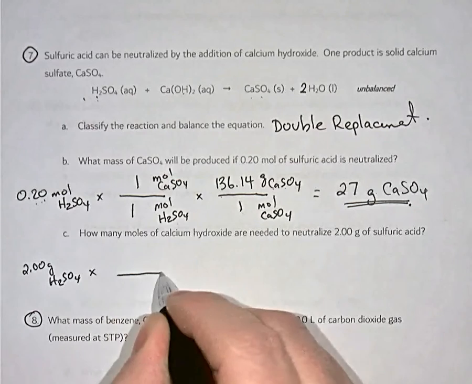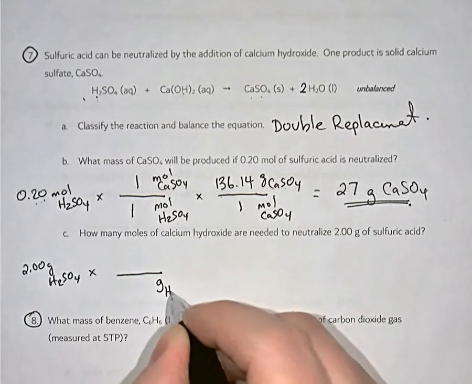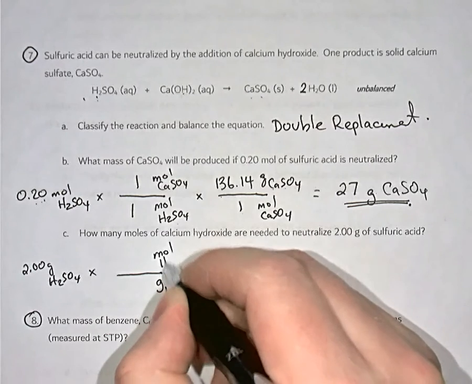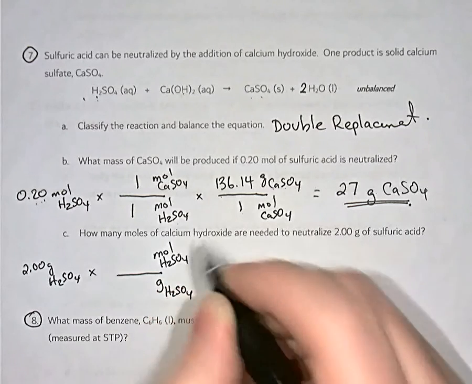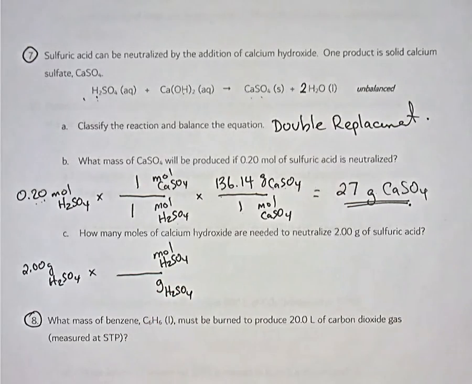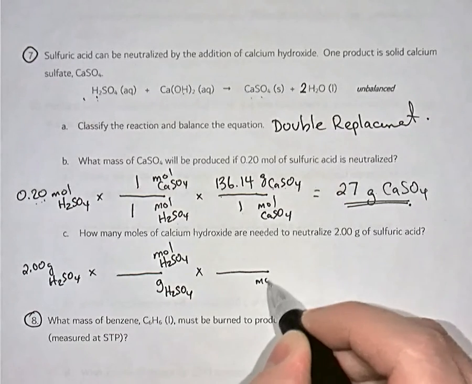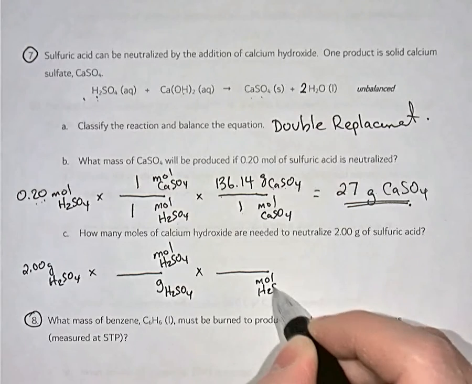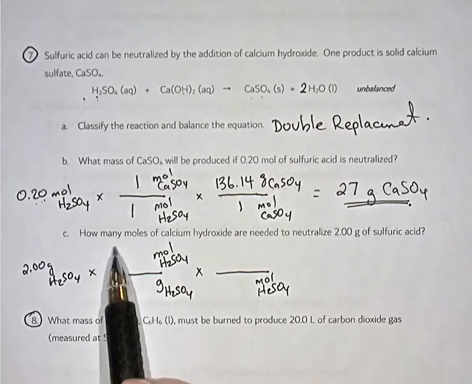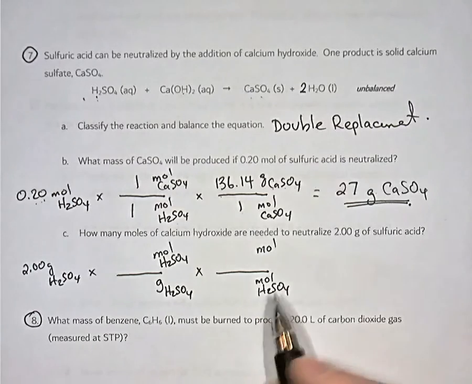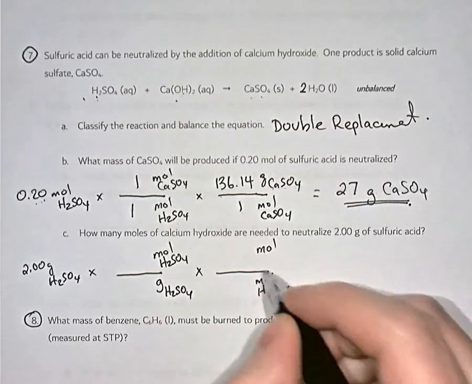So the first thing I'm going to do is convert the grams of sulfuric acid to moles of sulfuric acid. That way we can use the balanced equation's mole ratios. And then the moles of sulfuric acid, we can get rid of it. And we're interested in how many moles of calcium hydroxide. So the moles of calcium hydroxide from the balanced equation,